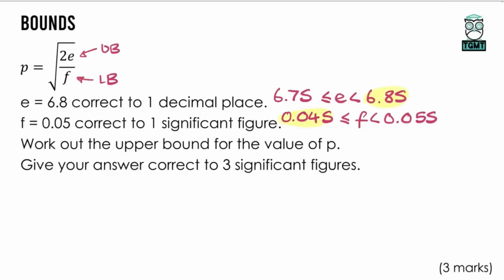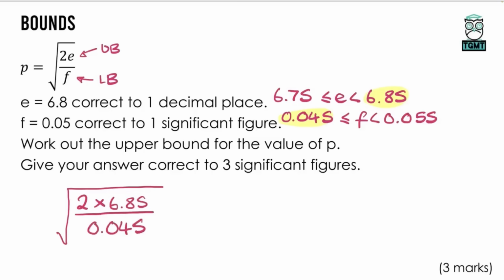So what we need to do is type that into our calculator. So we're going to do the square root of 2 times 6.85. And on the bottom, we're going to do 0.045. Once we've typed that in, it does want us to give our answer to 3 significant figures, but if we type that into the calculator, 2 times 6.85 on the top and 0.045 on the bottom, making sure it's all underneath the square root, we get a final answer which comes out as 17.45